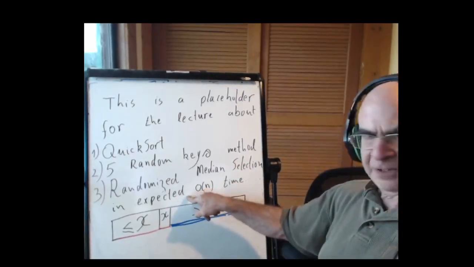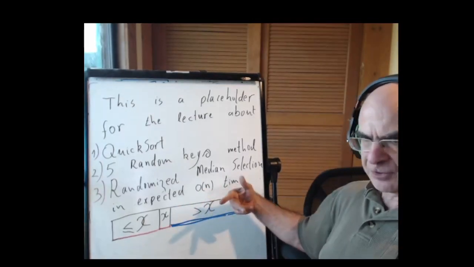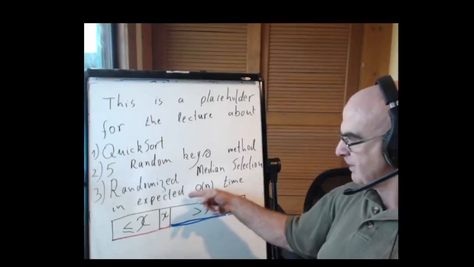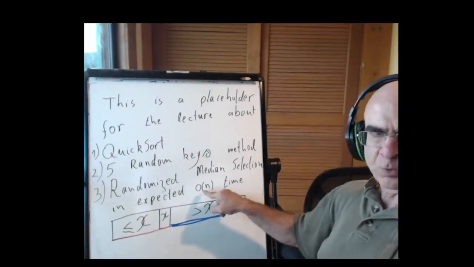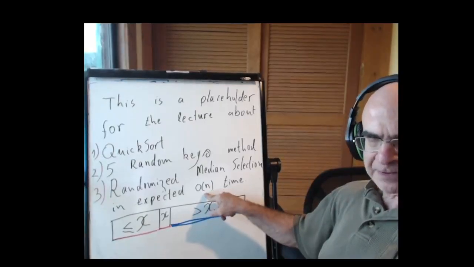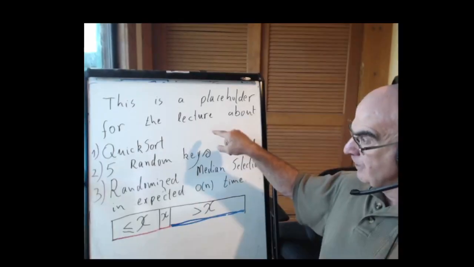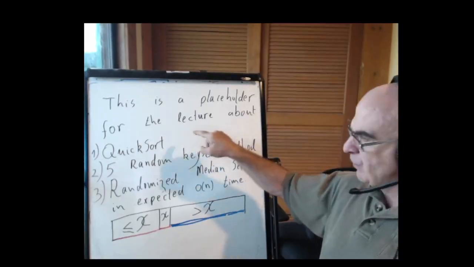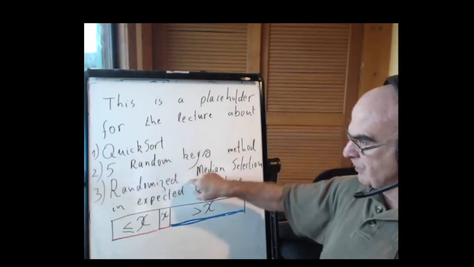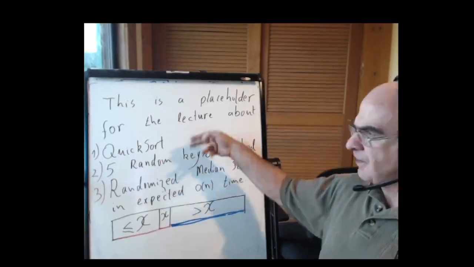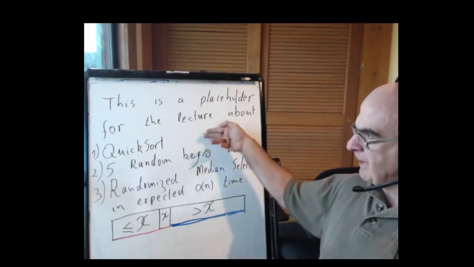It's expected because its worst case is also n squared, just as Quicksort. However, its expected time, as opposed to Quicksort, is only linear. Why does this miracle happen? Well, watch the video, but essentially there is a great amount of similarity between Quicksort and randomized median selection. They are very similar if you look at their code, but the big difference is